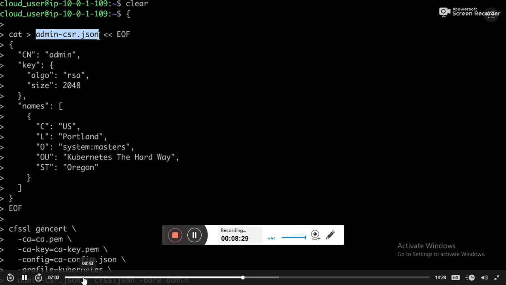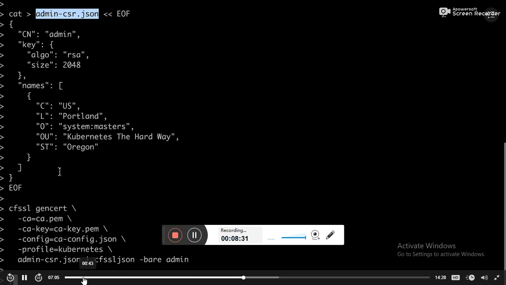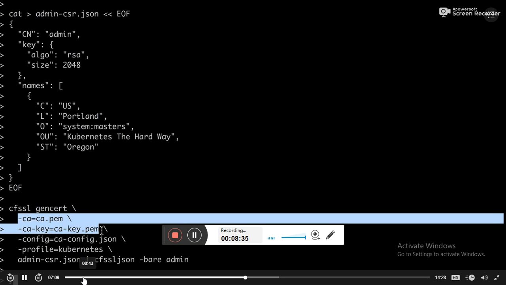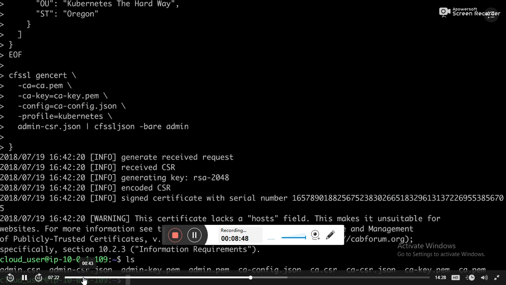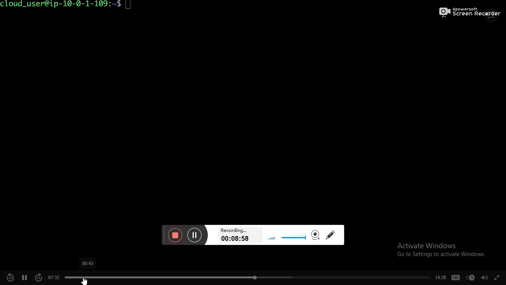Again, I'm generating a certificate signing request and then doing a gencert, but this time I'm passing in my certificate authority. So this certificate is being signed by the certificate authority that we generated earlier. So I'm going to go ahead and run this command. And as you can see, I now have an admin-key.pem and an admin.pem. So there's my two certificate files that I just generated. So now I'm ready to